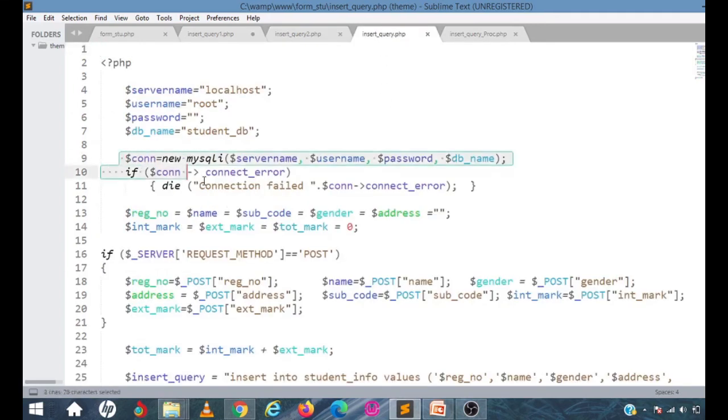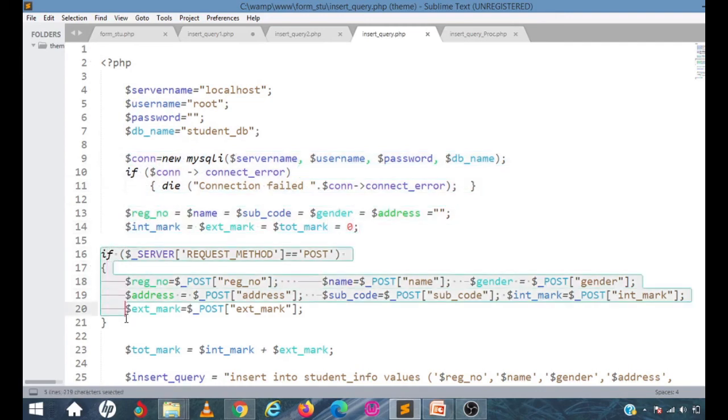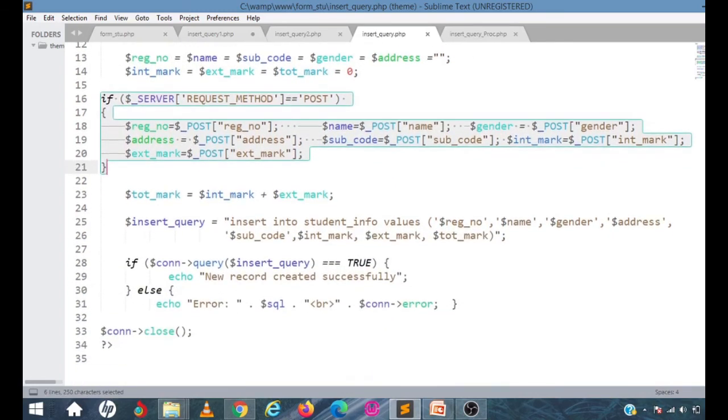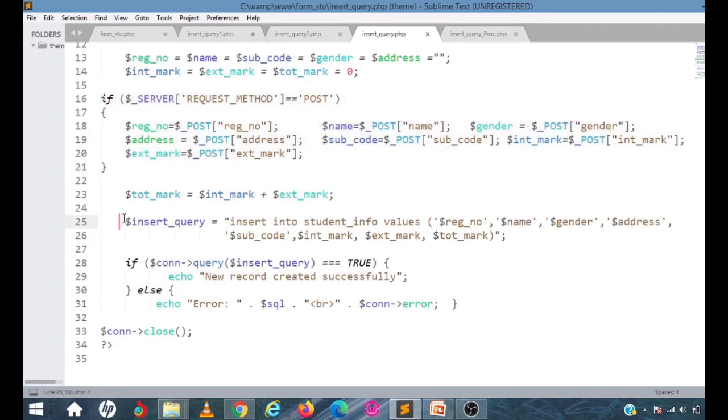So here I am making the connection. I am initializing the variables and then I am taking the data from the HTML form using this post array, and then I am establishing a query. Insert query is equal to, within quotes, I am just writing the syntax of the insert query. Insert into student info. What are the values I am going to send?